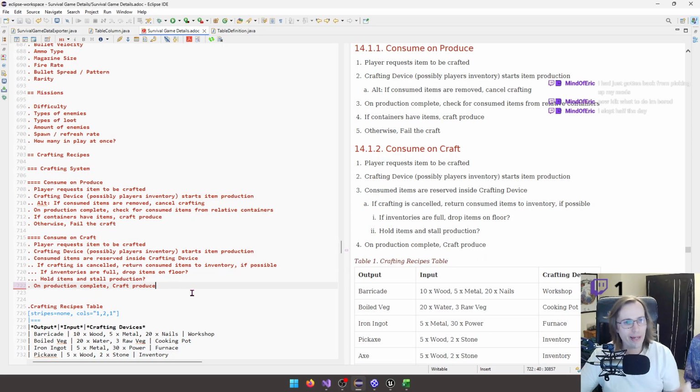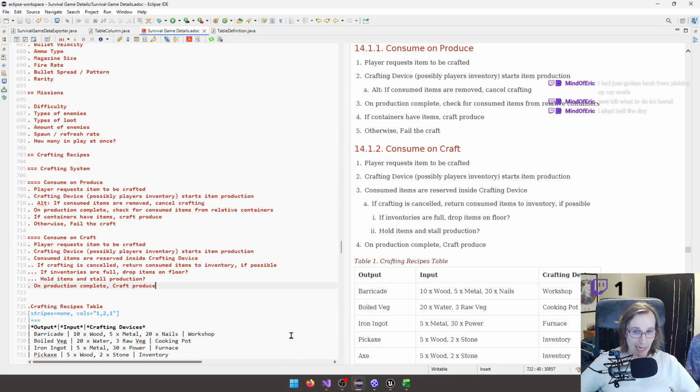So this is a better approach. This is where you absorb the items on the crafting request. And in this instance, the player can't really mess with anything, and if they request to cancel, the items just go straight back into wherever they came from. Now, in my system, it would be pretty easy to figure out where they came from,